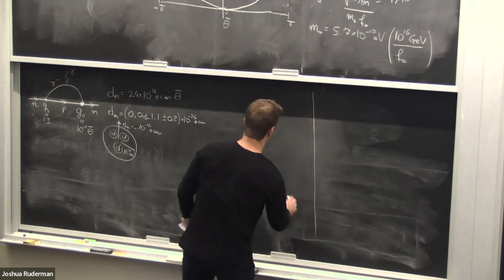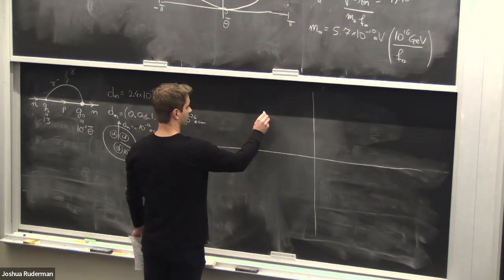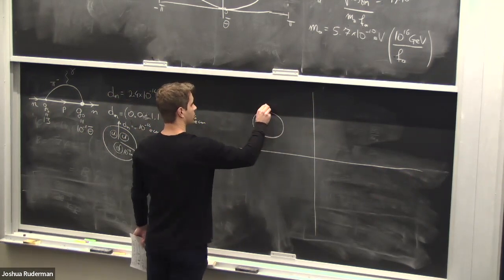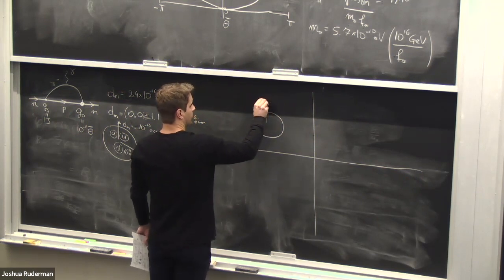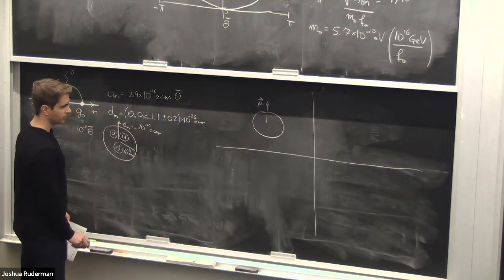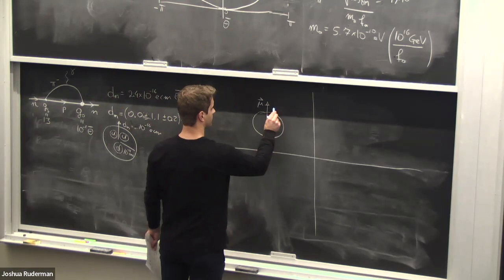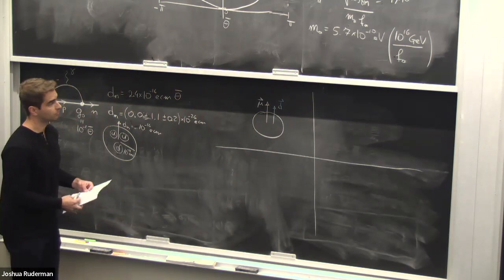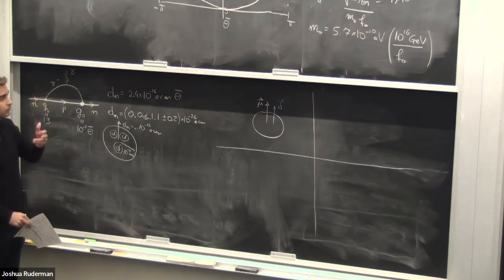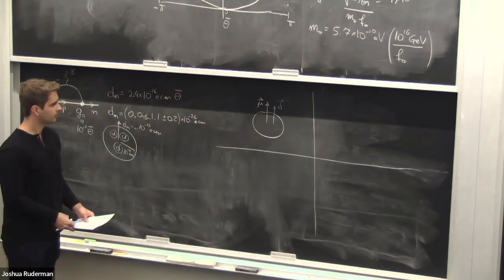Okay, so let's see why a neutron EDM violates P and T. So let's say this is a neutron, or any general nucleon, with a magnetic moment and spin that points up, and let's say it also has a dipole moment. It must point along the spin axis because there are only 2 degrees of freedom for a spin 1/2 particle, spin up and spin down. So let's say it points along the magnetic moment.